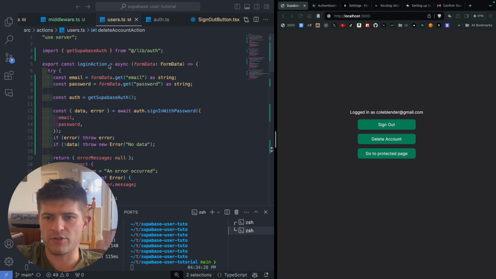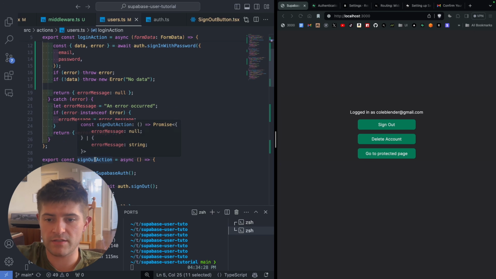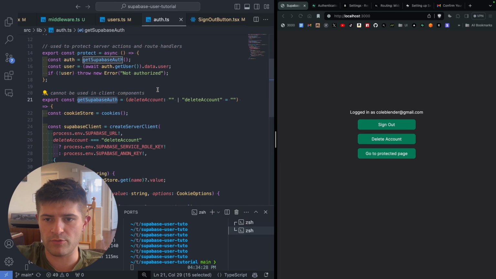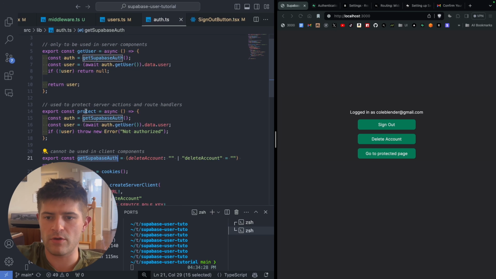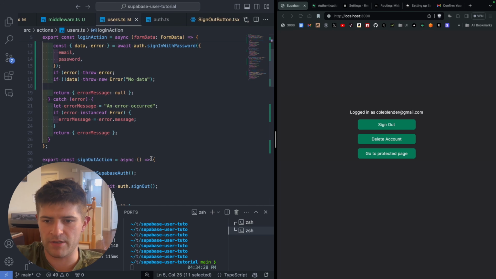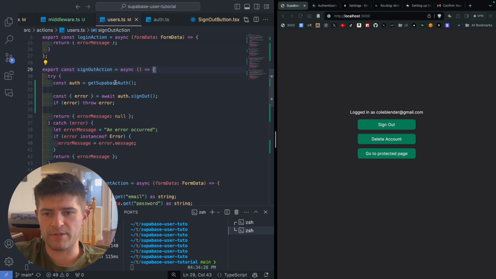So the last thing we're going to do is we're going to protect these routes. Log in, don't have to protect that. Sign out, we can protect that. So I wrote this and I went over this in the last video. We have this function right here called protect. If you're not signed in, it throws an error, says not authorized. So we can just simply come in here and we can protect all these,